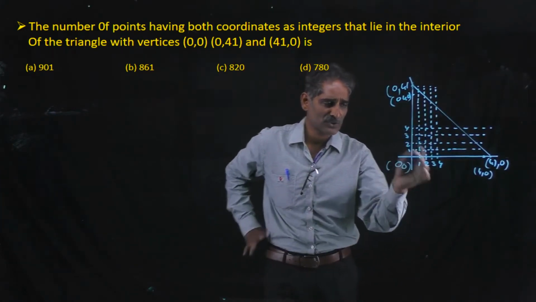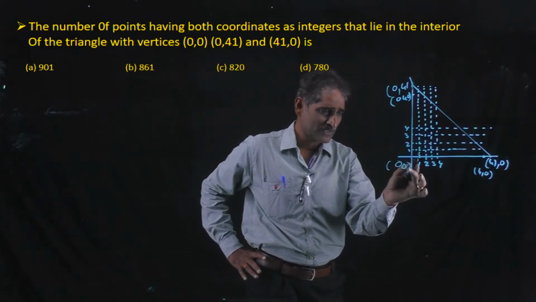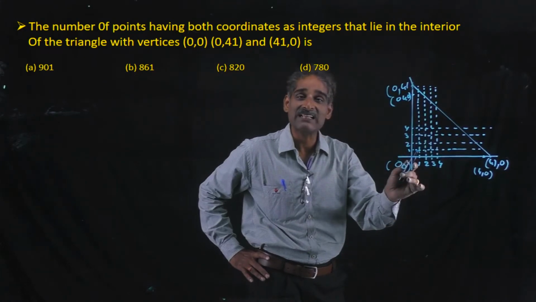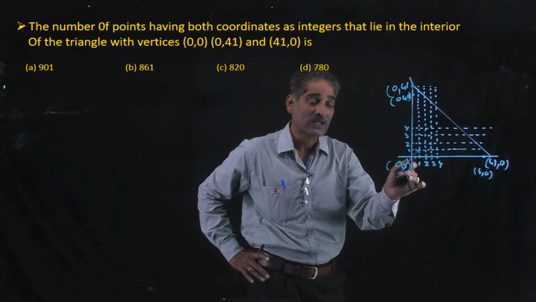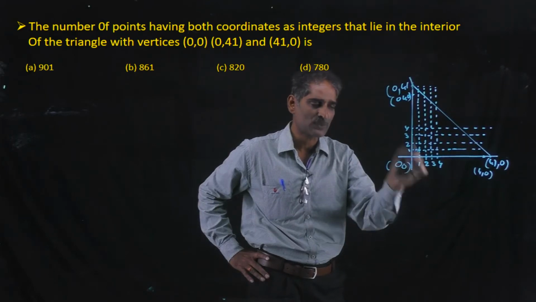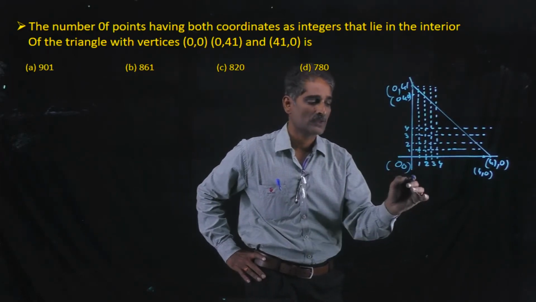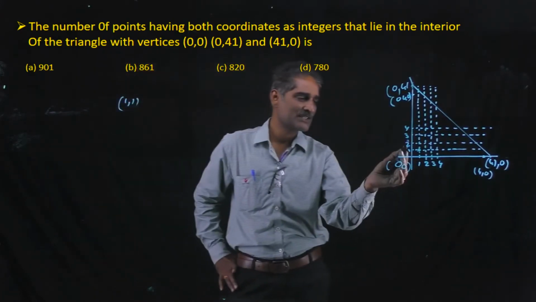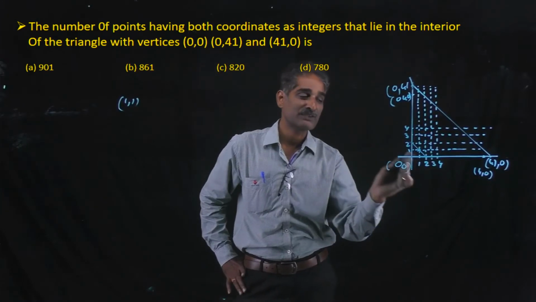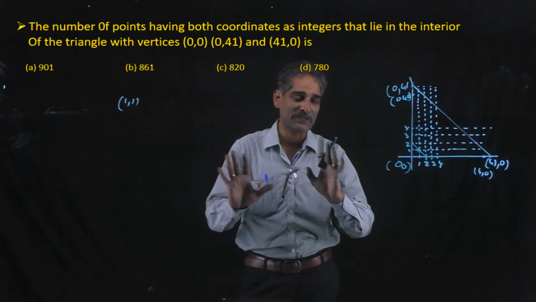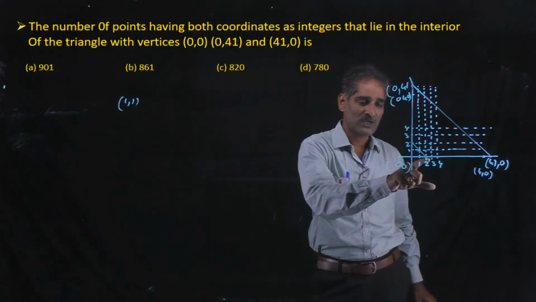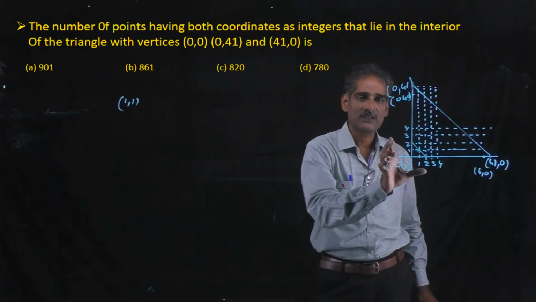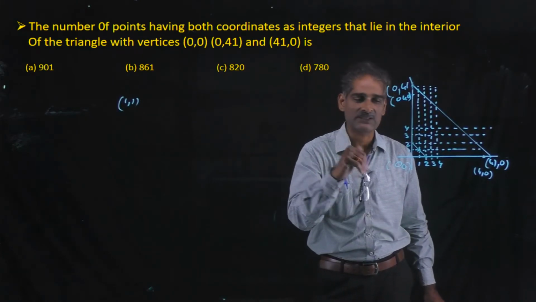So here observe that, come to this point, this is the first point lying in the triangle which has integer coordinates. What is the coordinate of the point? 1 comma 1. Now this is the first point, 1 comma 1. So observe that 1 comma 1 simply lies on this line. This is the line passing through 2 comma 2. You remember it. A line passing through 2 comma 0 and 0 comma 2 has only one point which has integer coordinates.